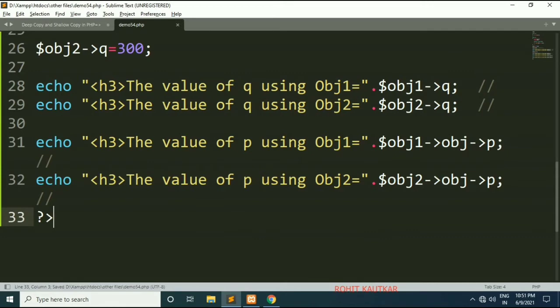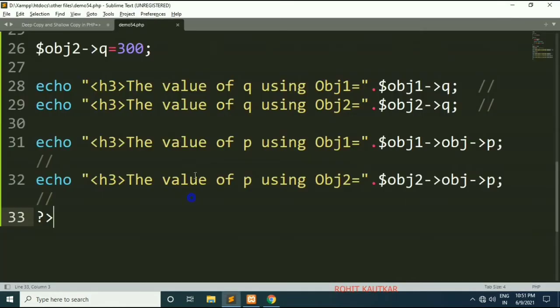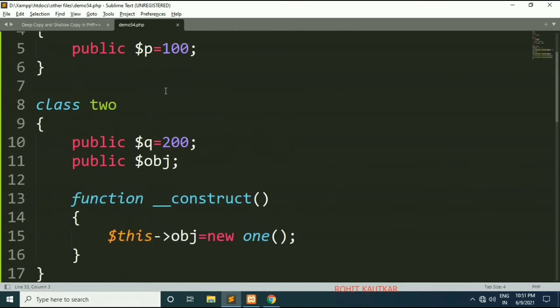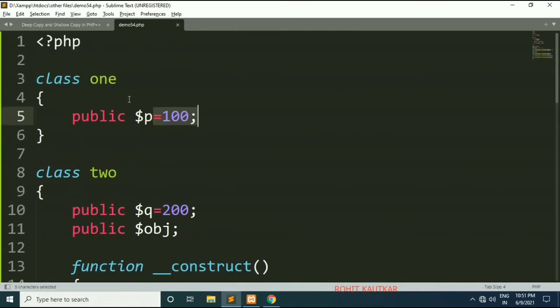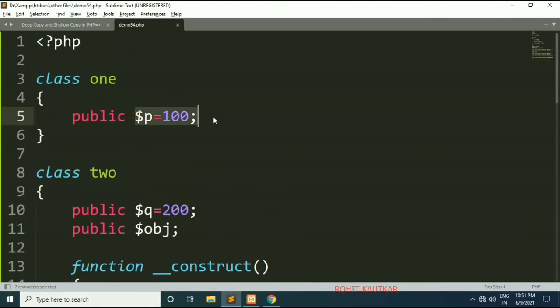Now if we go and refresh, you can see we are getting value 100. What is the value of p? Value of p is 100. How are we referring this p? So first of all, through the object of class 2 we are referring this object, and through this object we are referring the value of p variable.